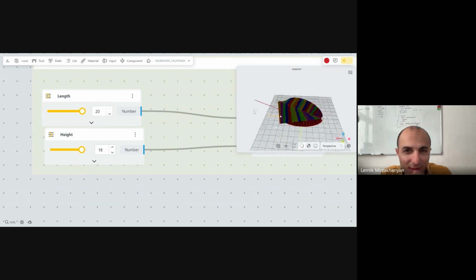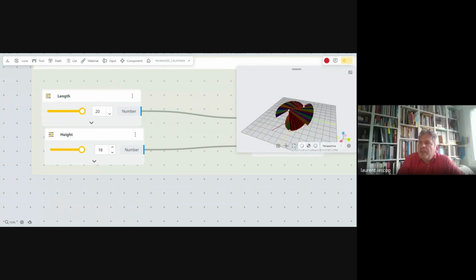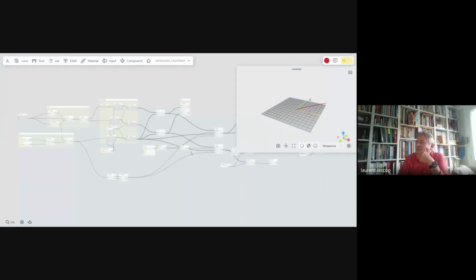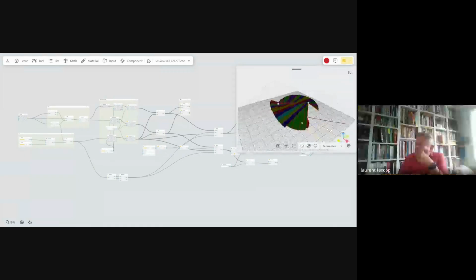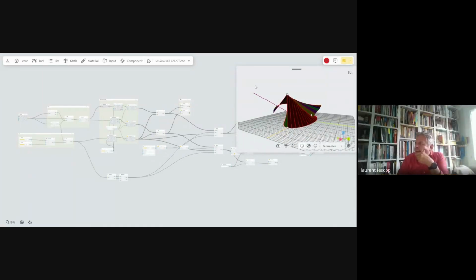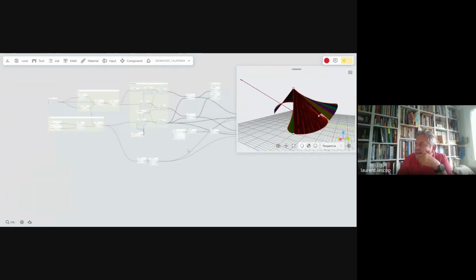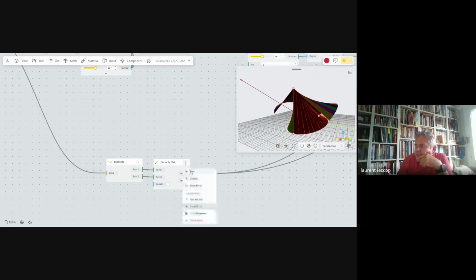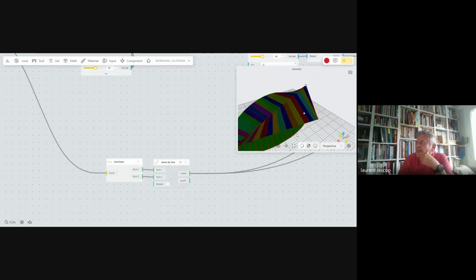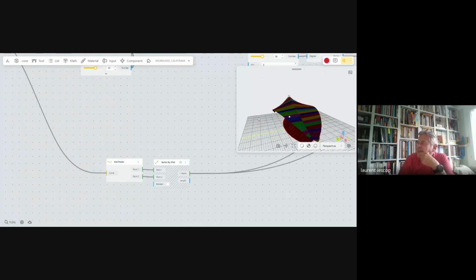No, I'll try to refresh. Maybe by refreshing, we will have it. No? That's still there. Oh, it's a vector. It's the vector line. That's why. So I can hide this vector.